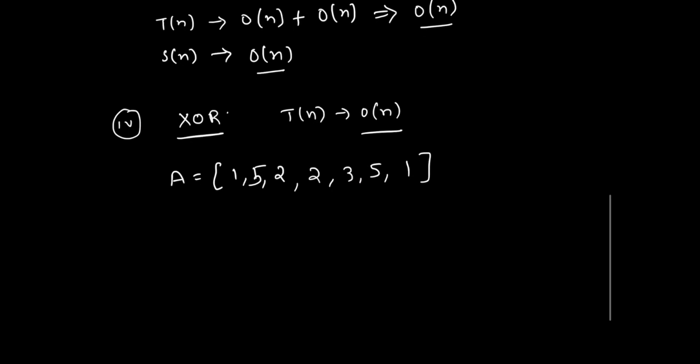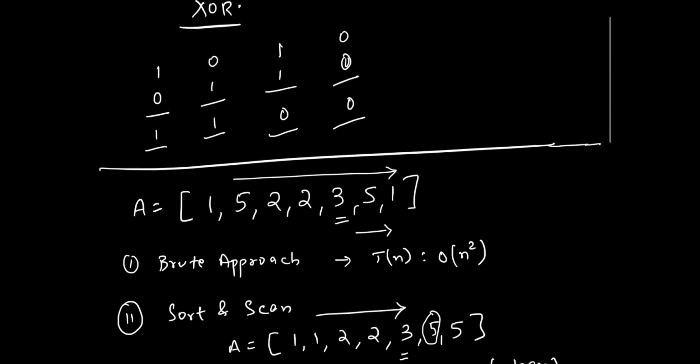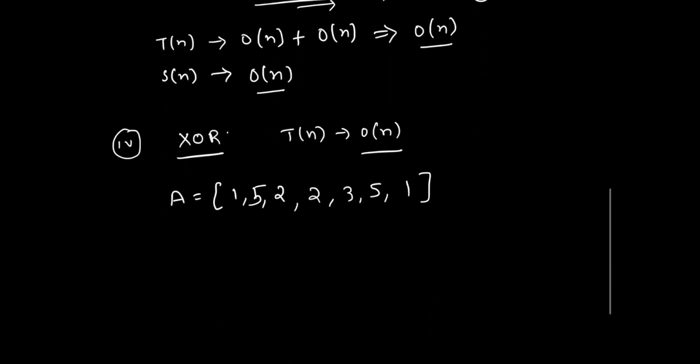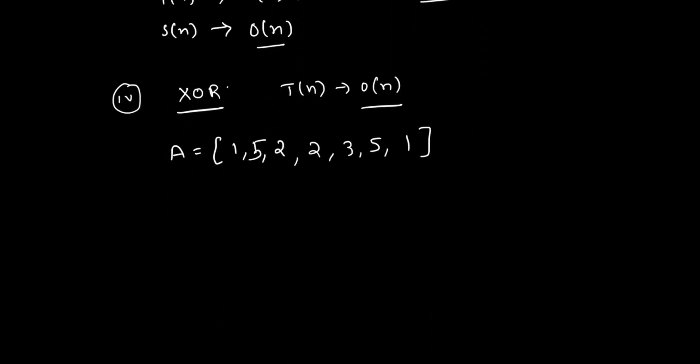Now the XOR operation, as I mentioned: same bits XOR to 0 and different bits XOR to 1. Here is an interesting fact about XOR. Let's say I give you an integer 2, and I ask you to compute 2 XOR 2. This is, by the way, the symbol for XOR. So how do we do a XOR operation on two integers? 2 XOR 2 will give me what?